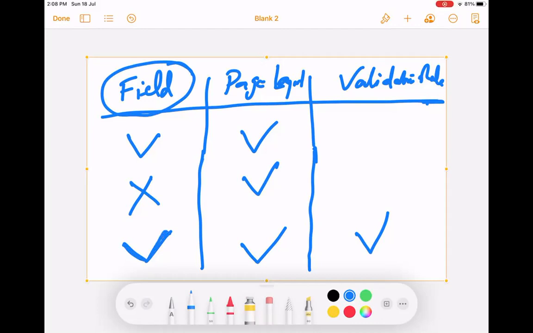In the data loader it is applicable. Page layout only works for the screens. Page layout mandatory only works for screens. And if you make it validation rule specific, the validation rule will work for the screen and also for the database. Okay, so let's see in detail, and after discussing validation rule, we will understand the use, which one to use when.